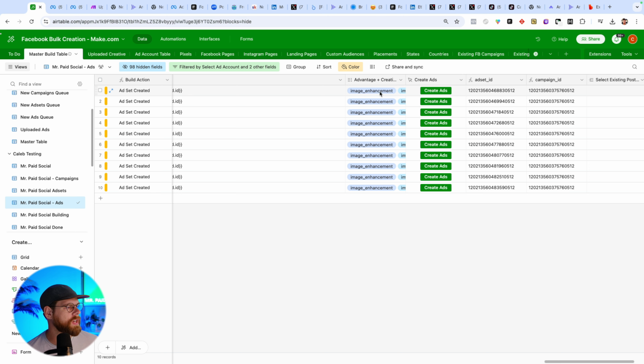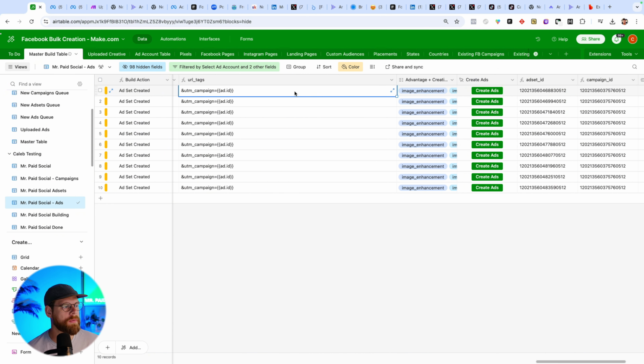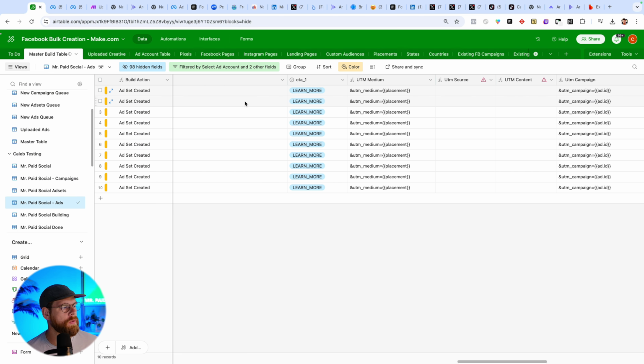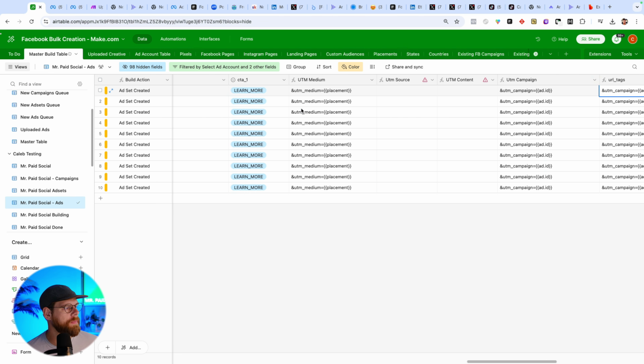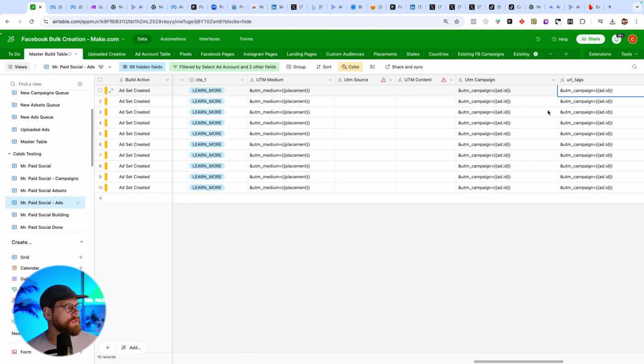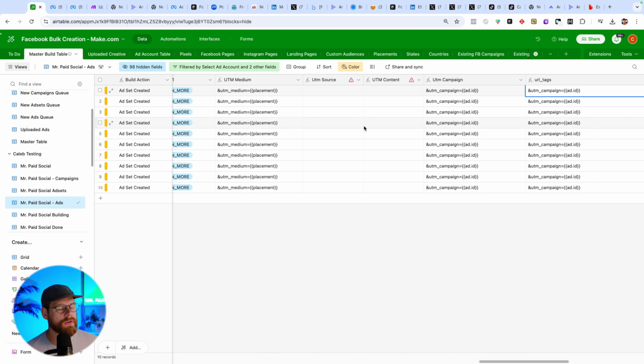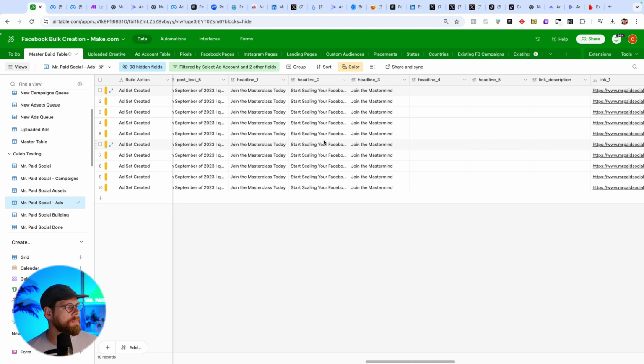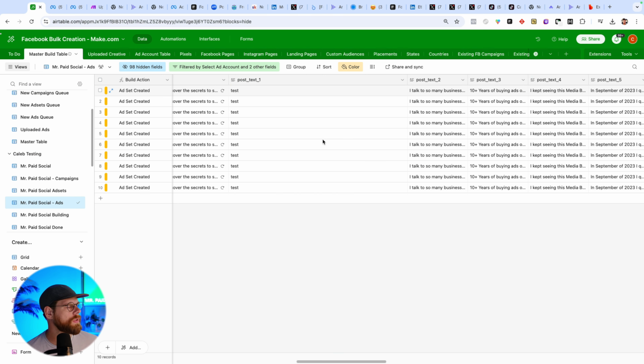We've got our Advantage Plus creative selections here, so you can either include or exclude any of these Advantage Plus creative features, which I know there's a lot of people that don't like to use. So this is a great feature to be able to automatically have them be disabled when you're creating new ads in bulk. The UTM parameters or URL tags, these are all customizable. They can be whatever you need them to be. Basically a template that we would set up for you. And then